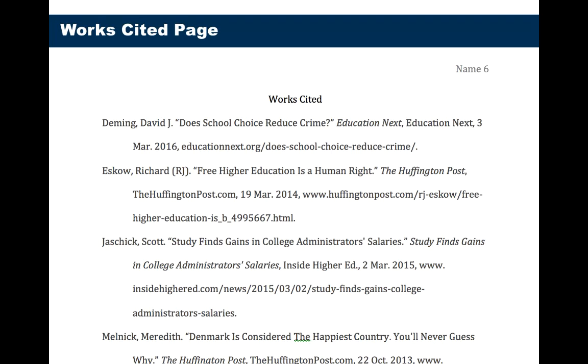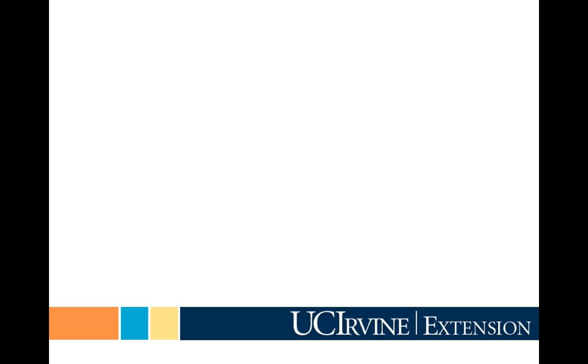The works cited page is the last page of your essay. If your essay is 3 pages, then your works cited would be the 4th page, like it is here. If your essay is 9 pages, then your works cited page would be page 10. Now, works cited pages can be pretty complicated, especially if you've never done one before. And I'll show you how to do that in a different video.